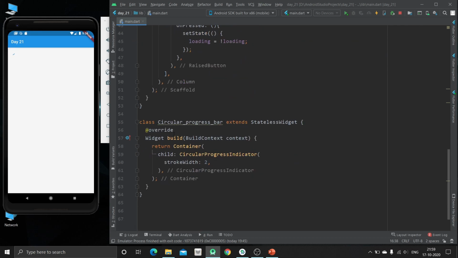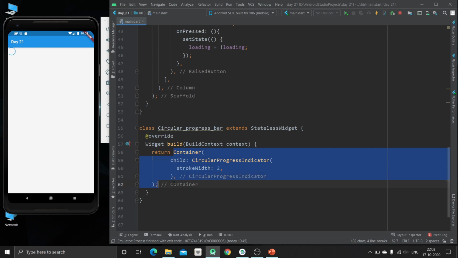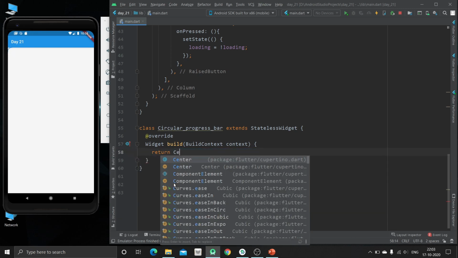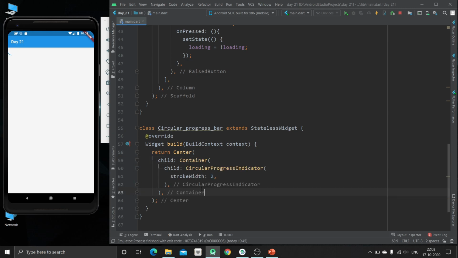So to make it at center, we will just cut it from here and wrap it inside the Center widget. Inside the Center widget, we have to create one child property, and inside that we have to specify this container. Now just hit Control and S. Now you can see here is our circular progress indicator at the center of our page.